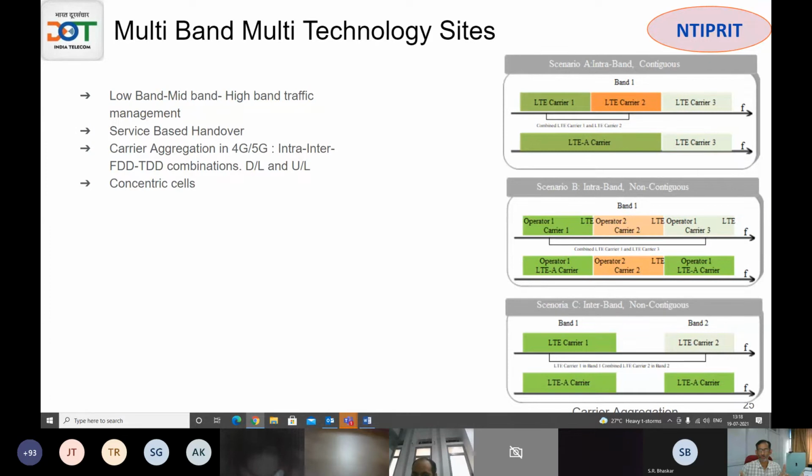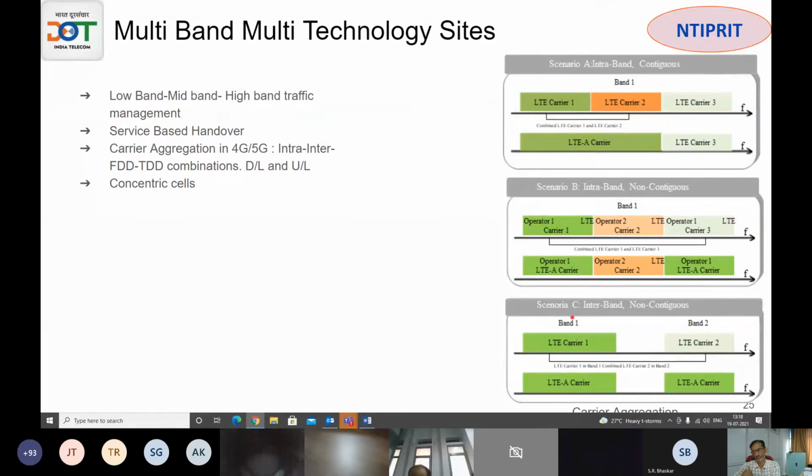Almost at the beginning itself, because from I think release 10 onwards, the carrier aggregation funda came. That is how the 4G objectives of 300 Mbps and so on could be achieved by combining carriers, because the maximum LTE carrier bandwidth was 20 megahertz. So you have to combine 5 such carriers to make it 100, and then you could achieve the objectives of 4G of 300 Mbps, 400 Mbps, and what people are achieving by combining the carriers. So this is the funda of carrier aggregation.